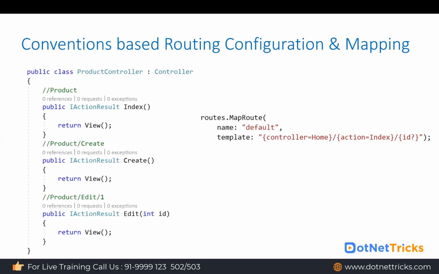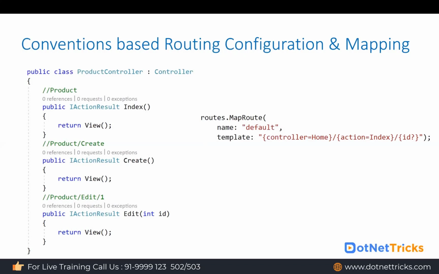And as per this defined route, let's say you have a product controller. In the product controller, the generated URL for the different actions would be like this. Let's say there is an index action. For the index action, you don't need to pass the action name because as per my default route, the action value is index. So I can access it directly by using domain.com/product. But if you pass index as well, it will also work, and without passing index, it will also work.